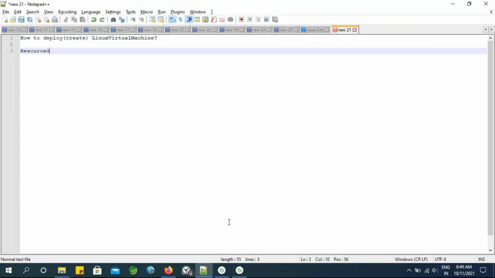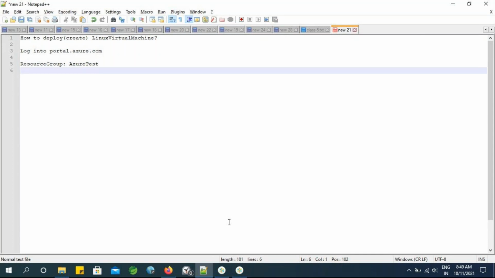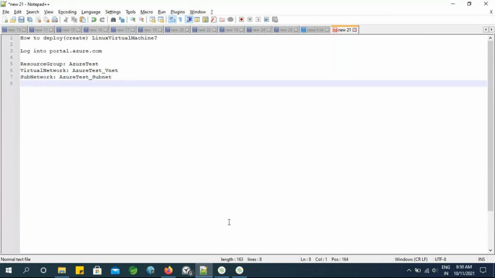So first of all, we need to create some resource group. First of all, log into azure.com, create resource group, maybe some Azure test, virtual network, Azure test underscore vnet, subnetwork, Azure test underscore subnet, virtual machine. So here we want to create some Linux machine, right? Maybe Linux machine one, something like this. Okay,